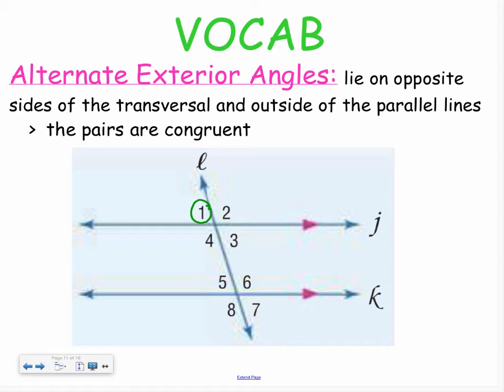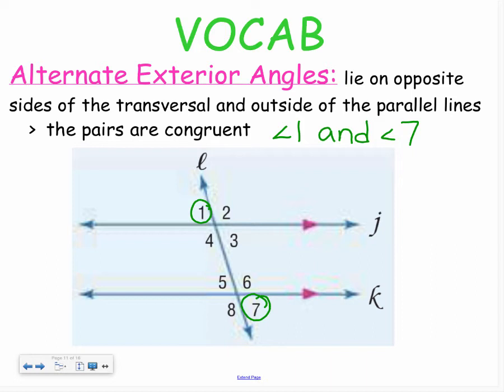Which one do we get? One pairs up, we're going opposite, and then exterior, so we are going down to 7. We want the ones that are across from each other on the outside. So 1 pairs up with 7,